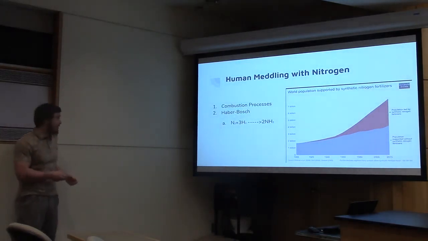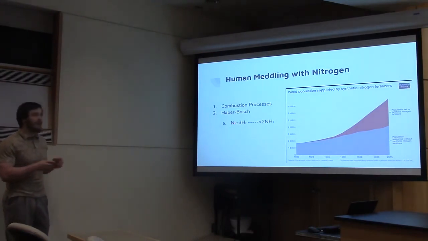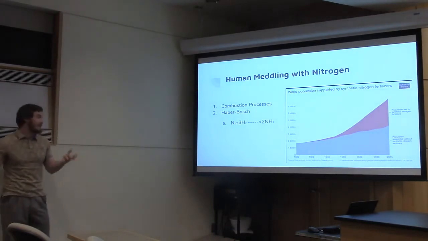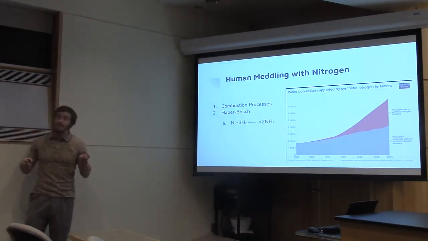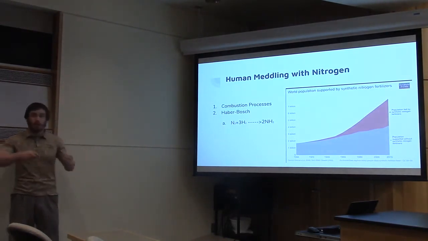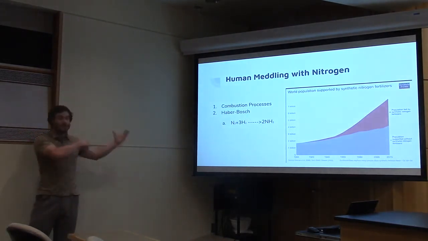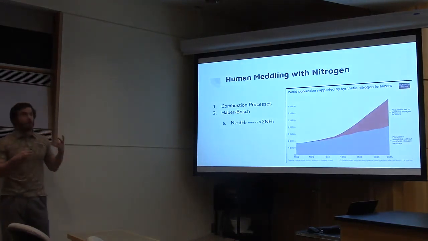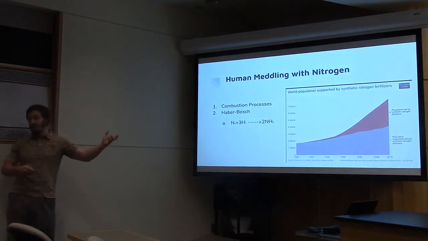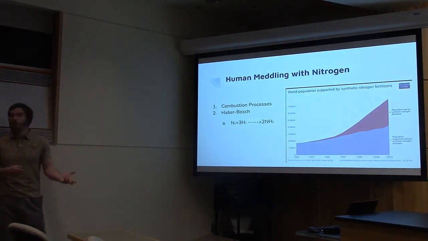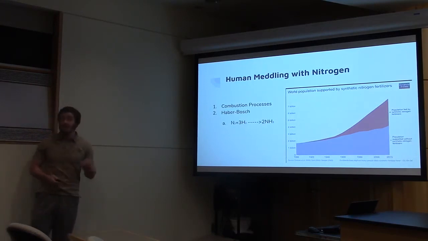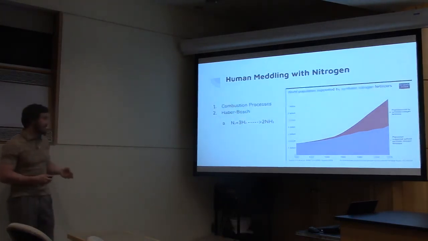As I said before, we have N2 right here, and that is safe and biologically inert, and because it is the starting point that can be converted into reactive nitrogen species, we've relied for a long time on the organisms that were able to do this process by themselves for the growth of life on this planet. However, in 1909, we learned to do this process ourselves,